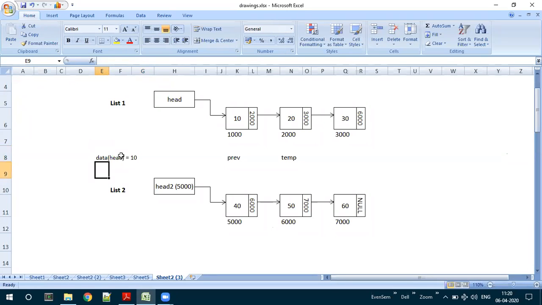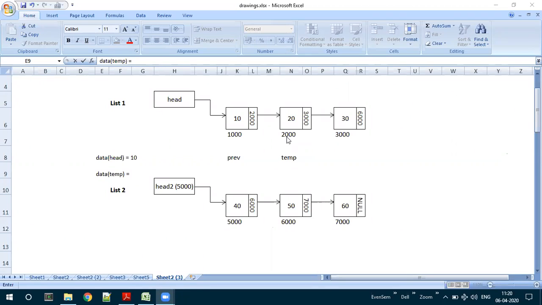In the same way, if I write data of temp, what will be the value of data of temp? Can anyone tell? 20. Now what is temp pointing to? Temp is pointing to the 2000 memory location.